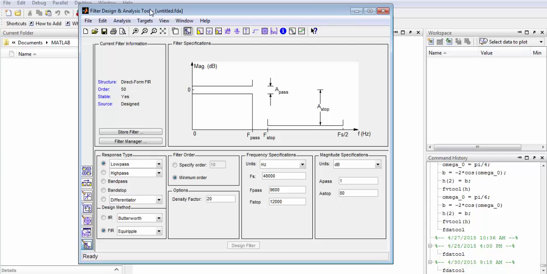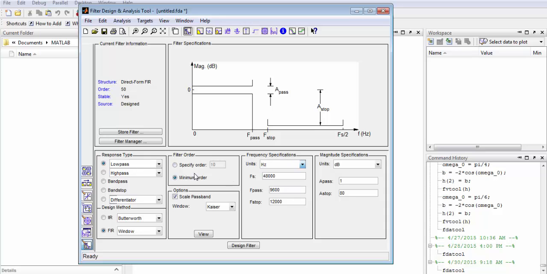Now, before we go towards that discussion of how to select the length, I just want to tell you, for example, in the filter design and analysis tool in MATLAB, how does the filter length play a role? How does the windowing method come into play? So if you open it, you can of course tell it you want low pass, high pass, band stop, or there are other versions, differentiator, multiband, and so forth. Let's focus on low pass. Then you say I want an FIR filter, and you see there are so many ways of designing FIR filters. We are only learning about the window method. Okay? So when you do the window method,